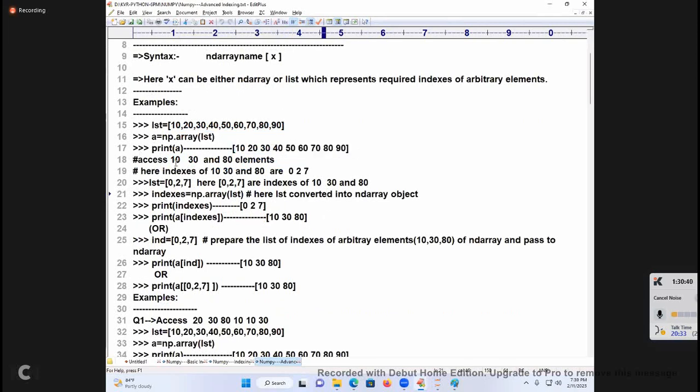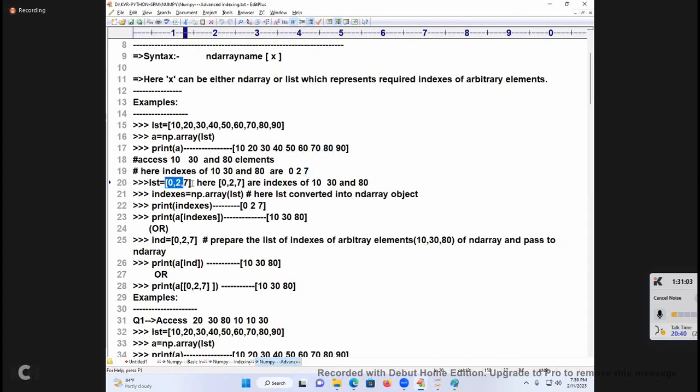Come on, access 10, 30, 80. Are they in order? No. Here the indexes of 10, 20, 30 are what? 10 is at 0, 30 is at 2, then 3, 4, 5, 6, 7. The 80th element is at 7.